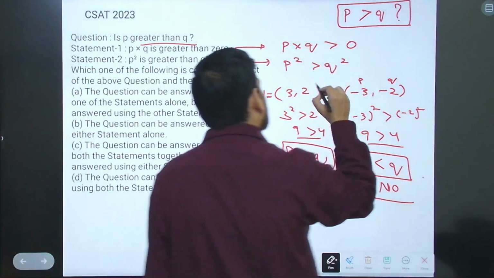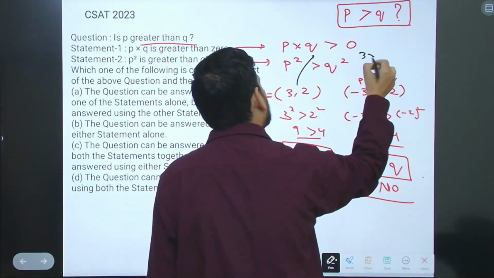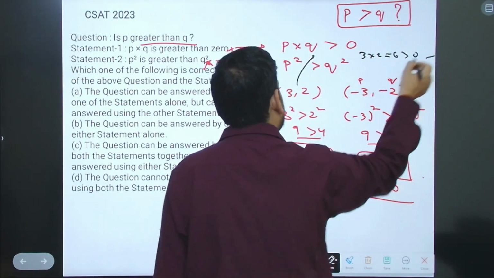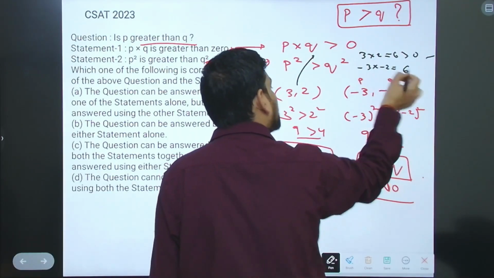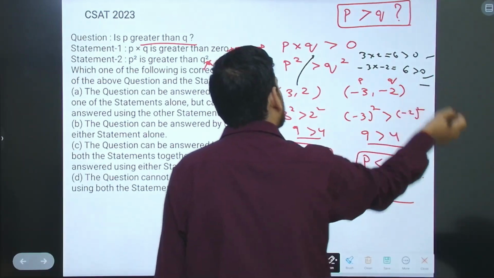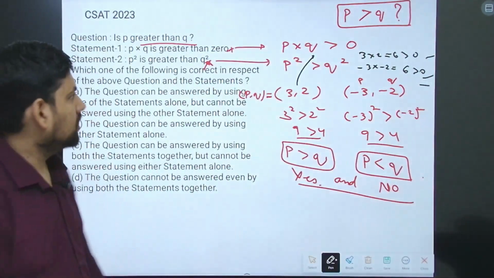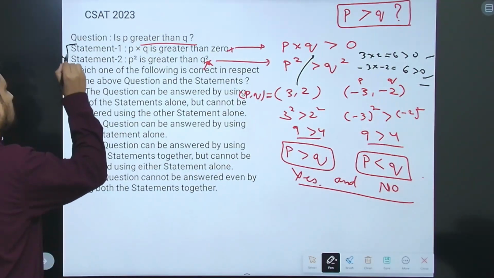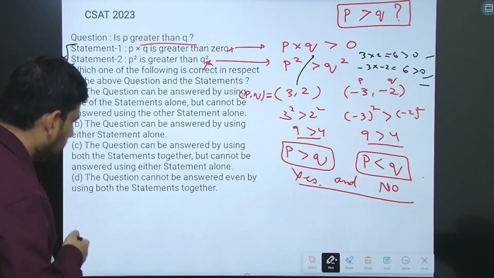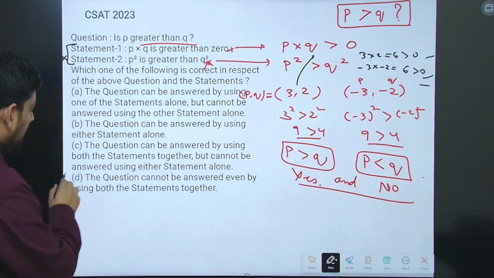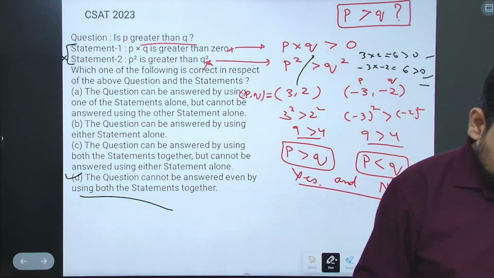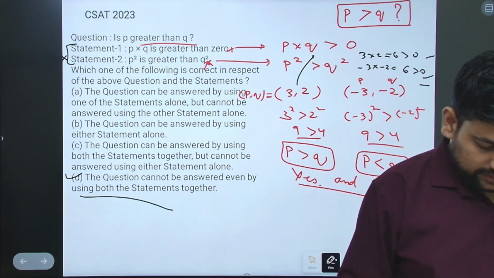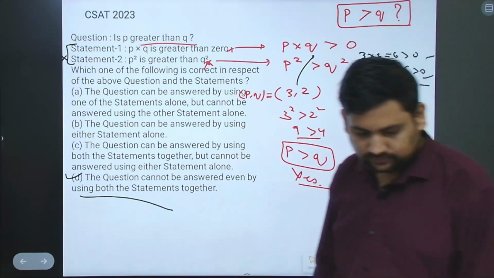But if you look here, if I put this, you will get 3 into 2, that is 6, greater than 0. Fine. -3 into -2 is also equal to +6, minus minus plus. This is also greater than 0. So it is not giving you any confusion. So 1 and 2 together are also not enough. So the answer becomes, the question cannot be answered even by using both the statements together. Got it? Then next,